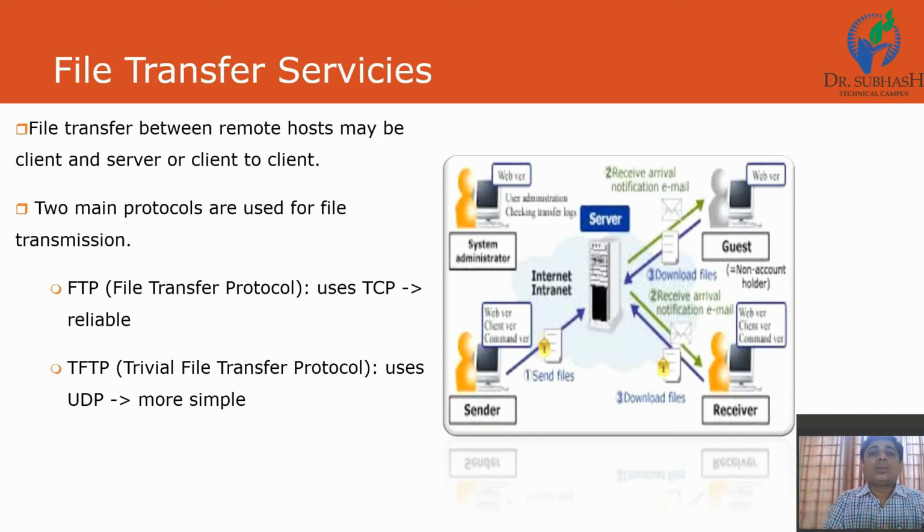Okay, so how do you transfer your file from your location to another location? Suppose I want to pass one email from person A to person B, and both are located in different locations. How is it possible? We have one idea, that is the internet, which is a type of computer network.